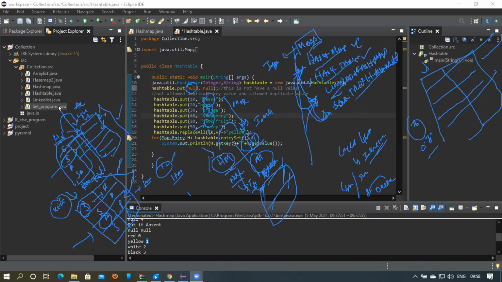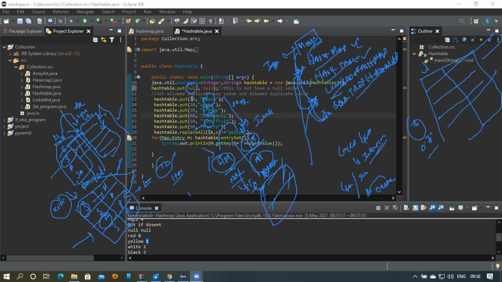A set stores data randomly. A tree set stores data in sorted order. What do you mean by store? When printing, 10, 20, 30, this sequence comes out in ascending order. It is sorted.